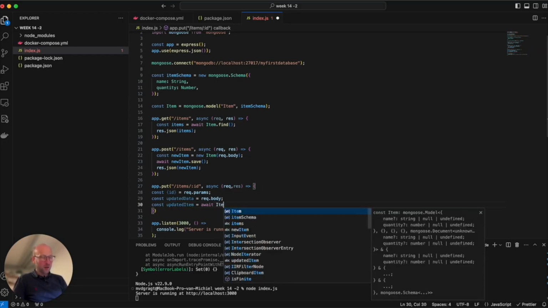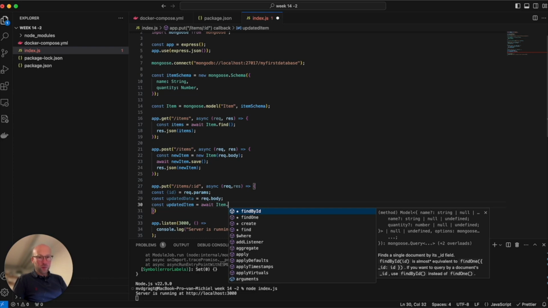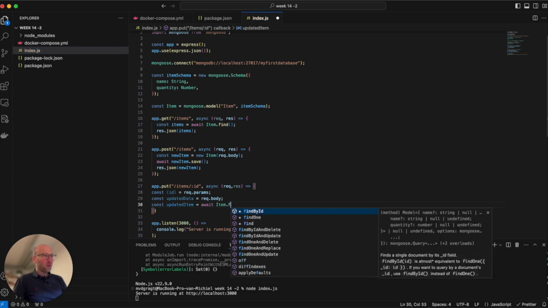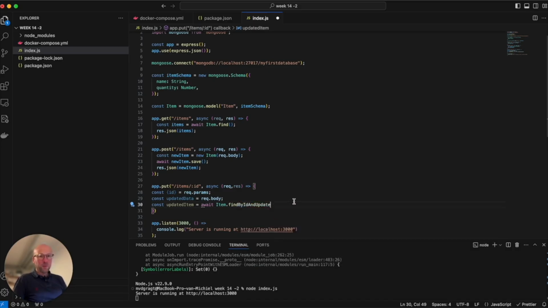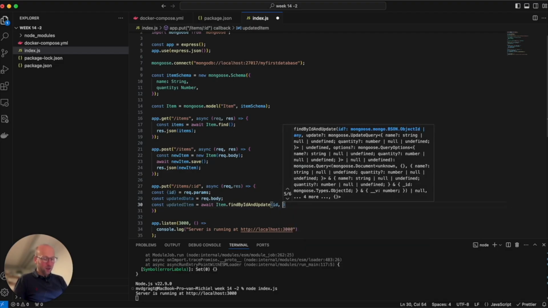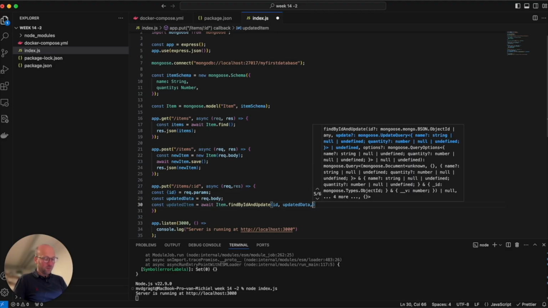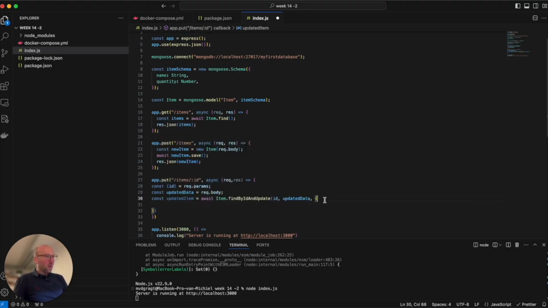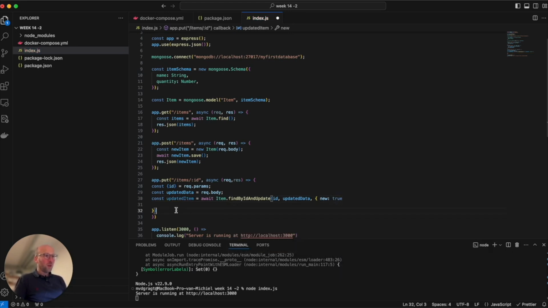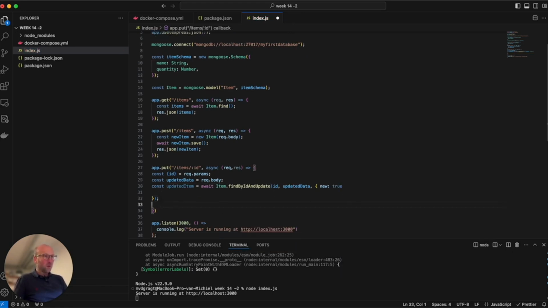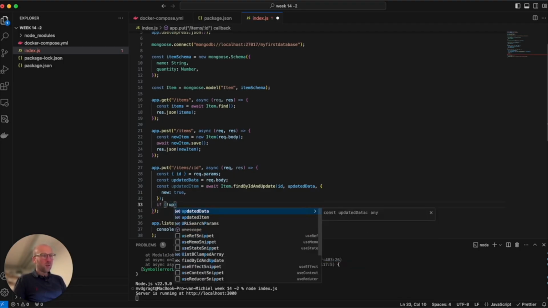await Item.findByIdAndUpdate, this one, and then we want the ID, and then we want the updatedData. I'll go over this in a second, and we will say new: true, and let me just save this. Then we say if you have no updatedItem,